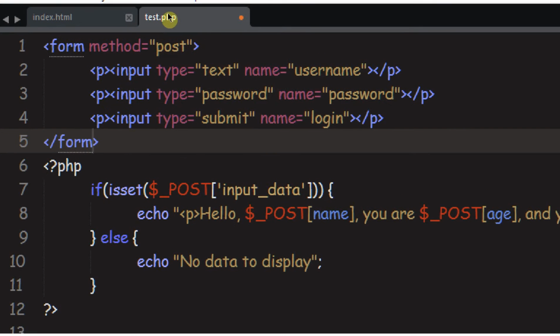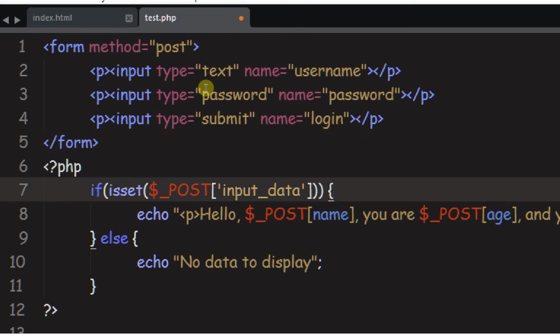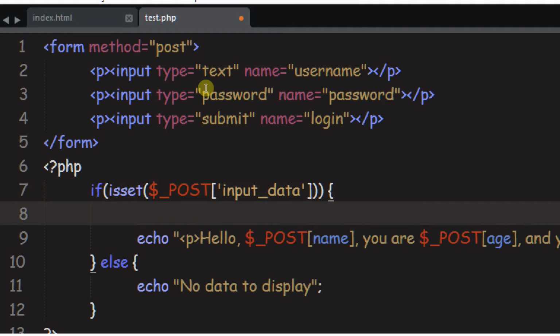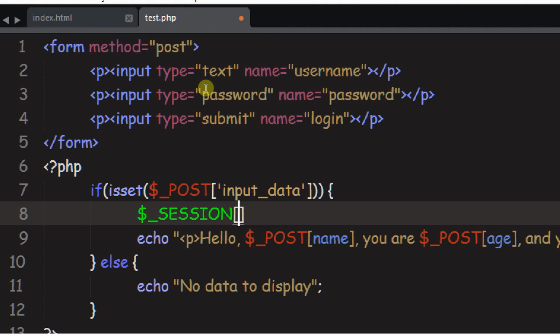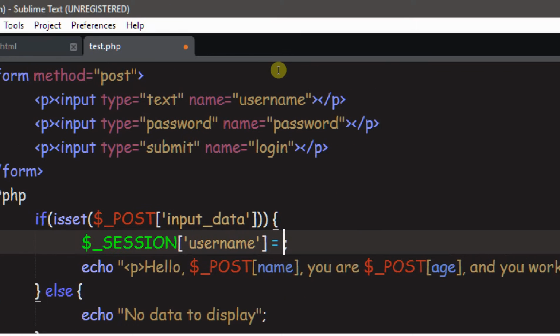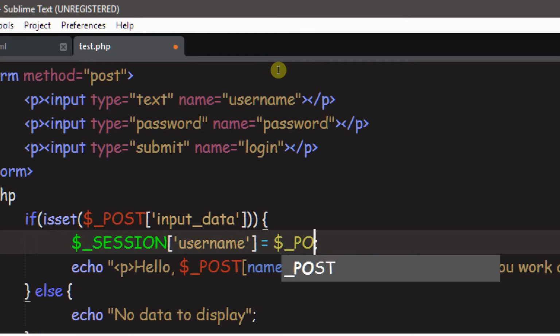As we learned in the last tutorial, things like GET and POST are special kinds of associative arrays that we can use in PHP. To access them, you use a $ sign and an underscore and then their name. So $_SESSION, and now we have to give it a key, because we want to create a new key for our session to store something in there. We'll just put in username, and then we'll set that equal to $_POST